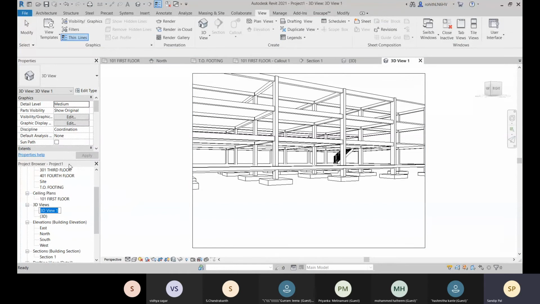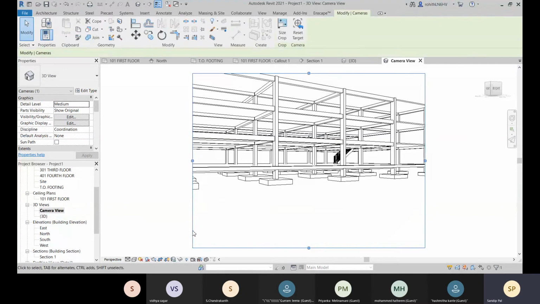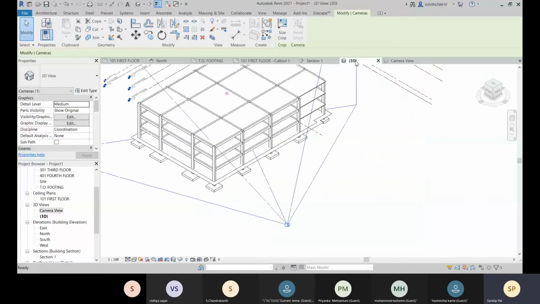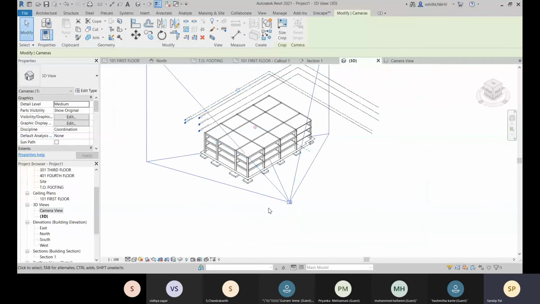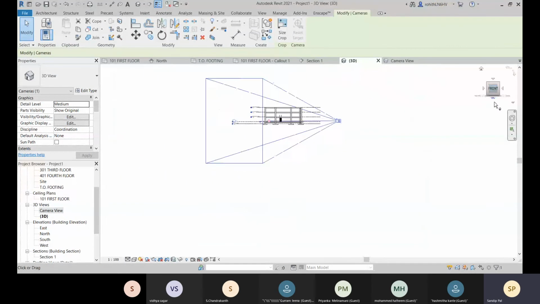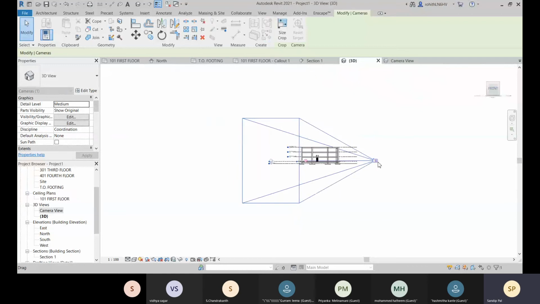Now let me rename it, and let me change it to camera view for better understanding. Let's create the camera view, and here you can see that this camera view has been renamed. And we can change this. So here I will select this. Now come to this 3D where you have placed your camera over there. Now you can come to this front, and you can change the position for your camera.